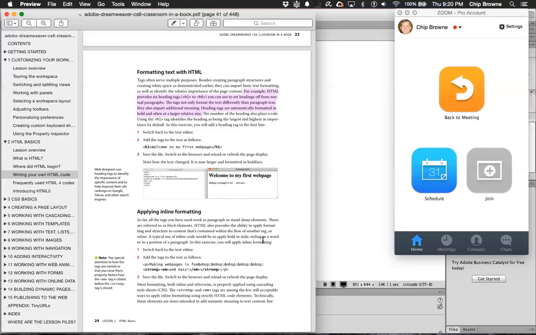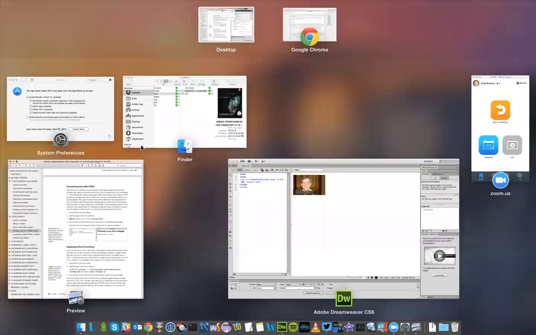A heading tag is where you put the H tag followed by a number 1 through 6. 1 means the biggest, 2 is next smallest. See how this text here is larger than the text down here? That's because there is a heading tag on it. So if you want to make your,